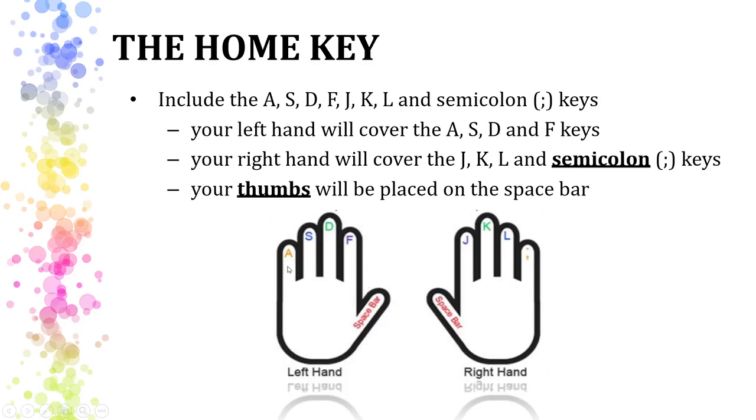You can see the little finger indicates the A letter, the ring finger indicates the S letter, the middle finger indicates the D letter, and the F is for the index finger, the first finger, and the thumb is for the space bar. It is only for the left hand. Now see the right hand. The thumb is for the space bar, the right hand first finger or index finger is for the J key, the K indicates the middle finger of the right hand, L indicates the ring finger of the right hand, and the semicolon indicates the little finger of the right hand.